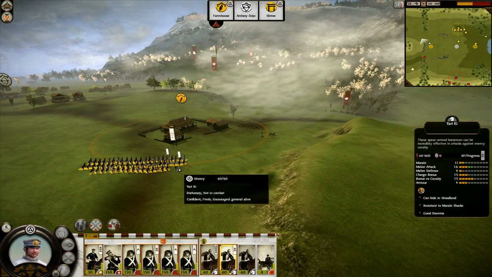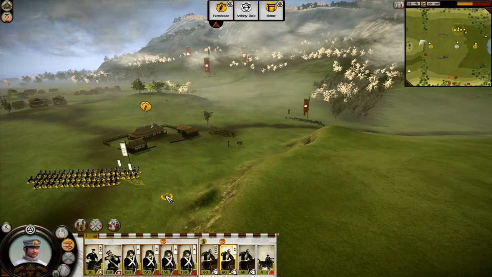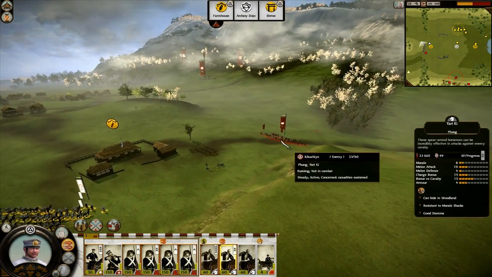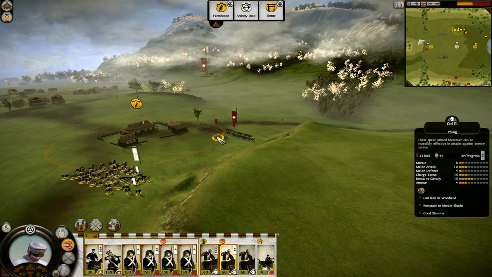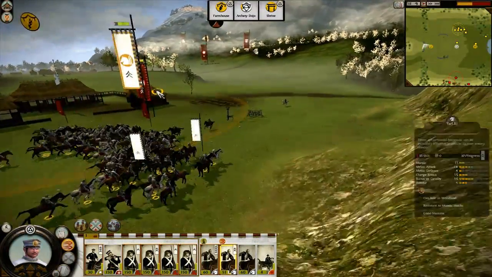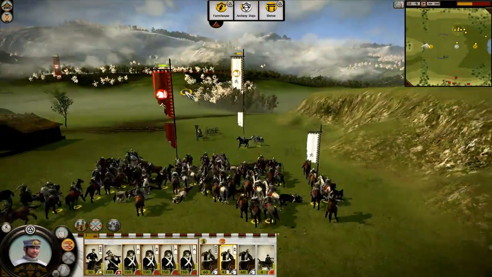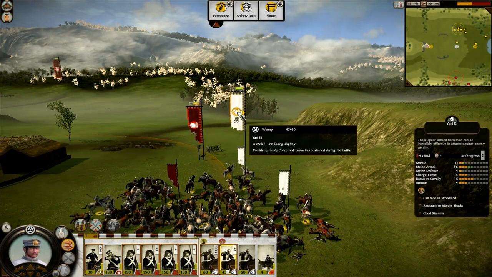And then we try and line our units up to get a decent charge off so we're not going at an angle. I don't think we do this very well because we lose a lot of men in this charge as well. So I lose 15 men in that charge, he loses about 7. So I don't know what I'm doing wrong there, but...